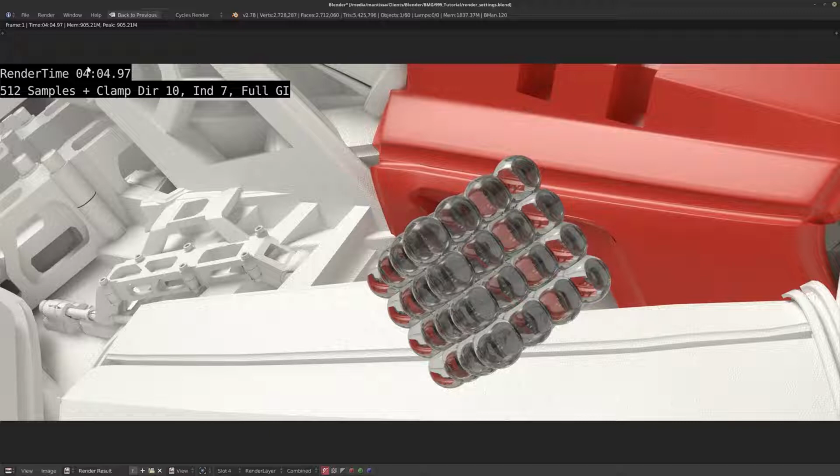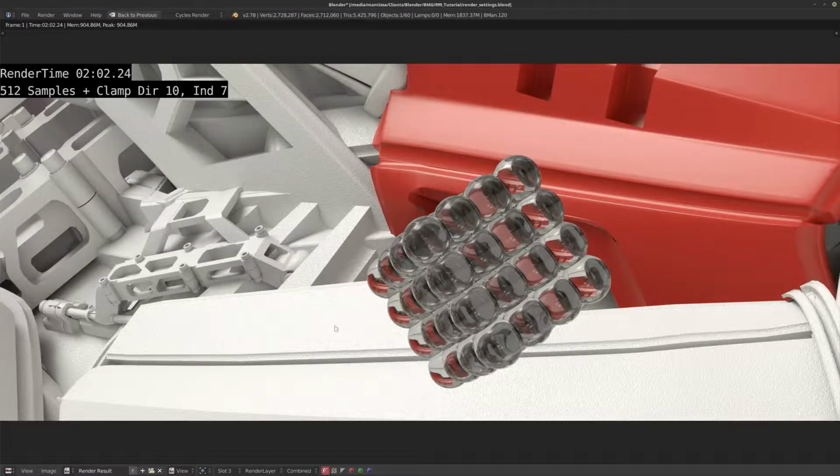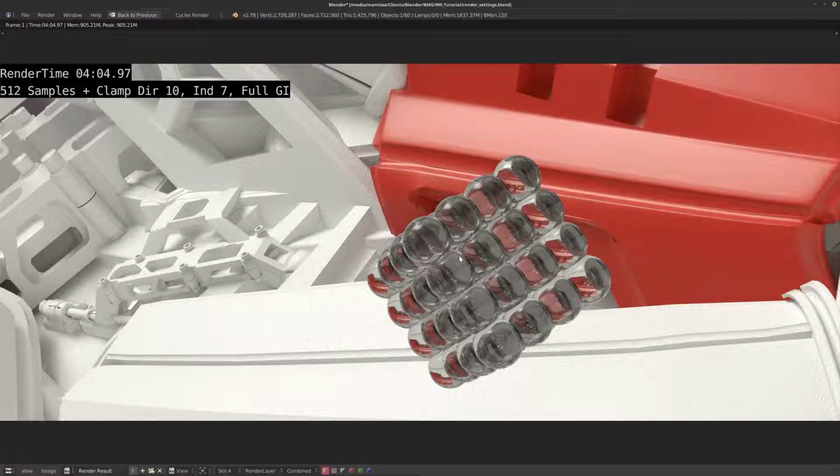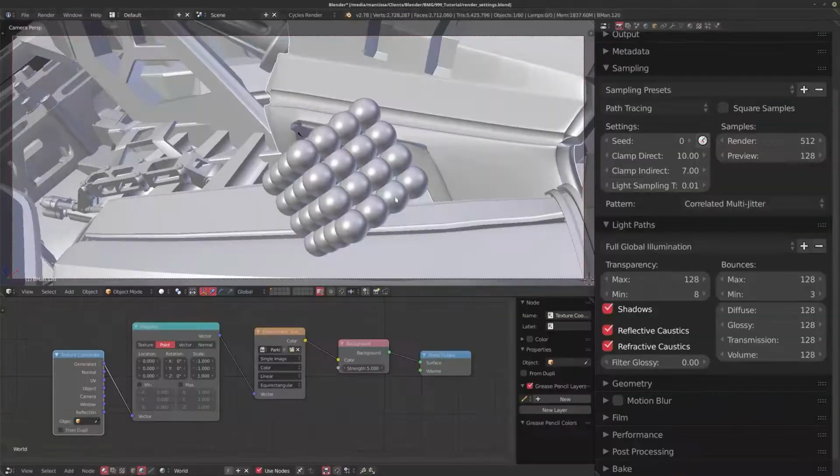I think this applies to both CPU and GPU. Full global illumination will take a lot more time. The reason for this is that the light is being scattered more times, bounced around a lot more in your scene. But for example, if you look at the glass over here, even though in this scene the difference is quite minute, if you've ever had issues where a glass object stays really dark, or the reflections are really dark, or you feel like it should be a lot clearer when you're looking through it, then switching to full GI, and especially switching on the reflective and refractive caustics, can do a lot for your scene.